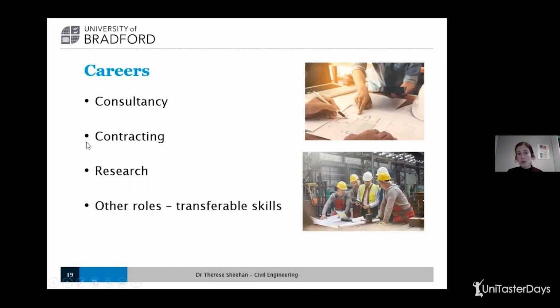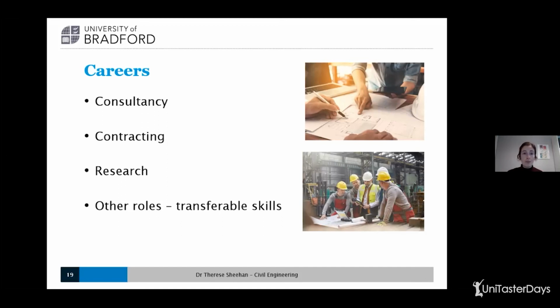And you will get some companies that both design and build. So for a lot of civil engineers, that's one of the main questions: would they prefer something more office-based or more site-based? And again, this is why I recommend looking for placement opportunities while you're a student to try and experience a bit of both. There are other types of